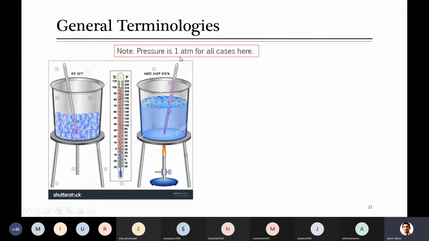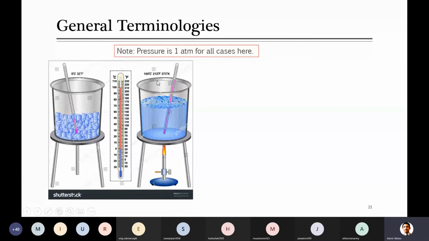Suppose the pressure is 1 atm and I have water in the solid form at 0 degrees C. We call that ice. It is in the solid phase, and later when you provide it heat and start heating it up, you will reach a condition where this ice cube will melt and be converted from solid to liquid. If you keep on heating, you reach a condition where the temperature reaches 100, then there is no further increase in temperature, and at that temperature it starts boiling.